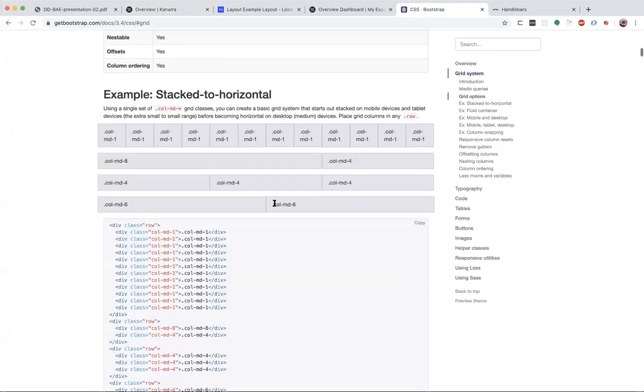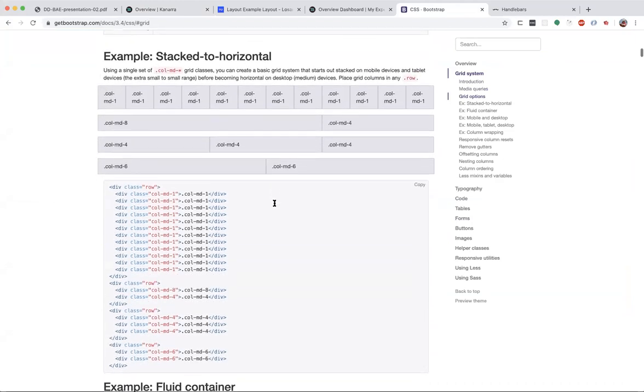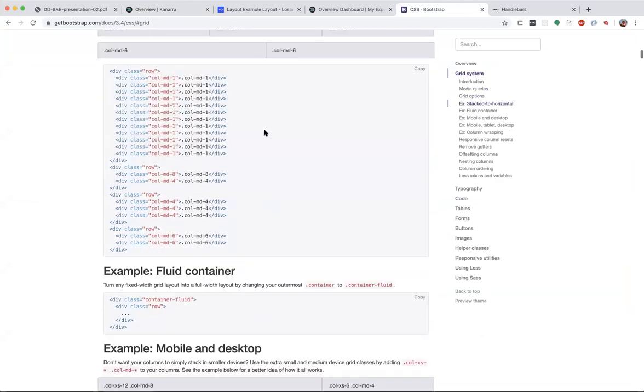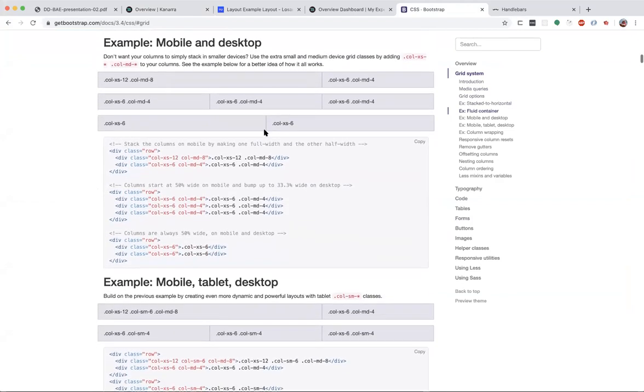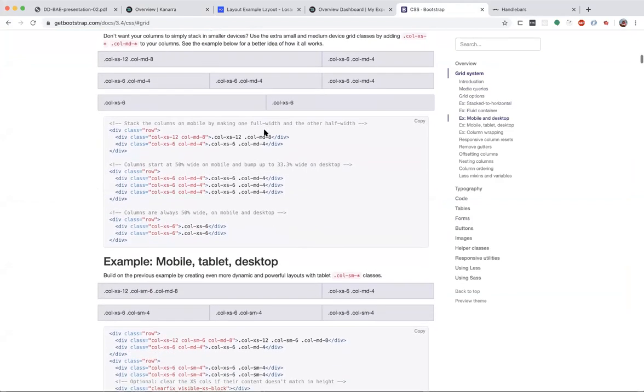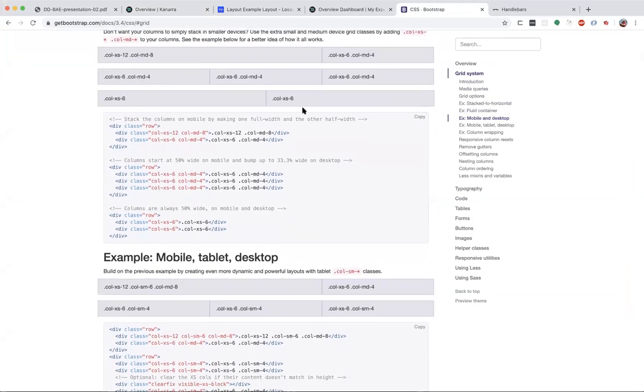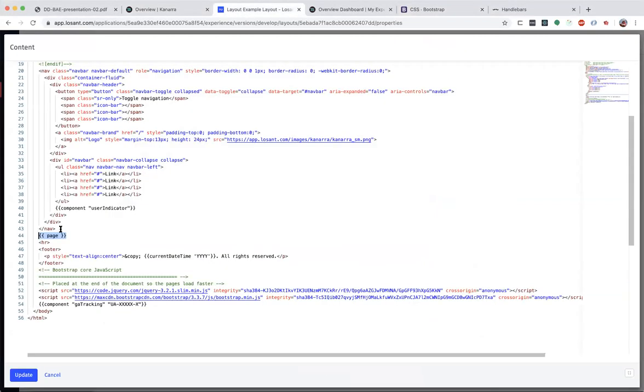They have a whole grid system here for building different columns at different sizes that also, of course, collapse down to different layouts as your browser expands and contracts. I have it copied here in my notes. I'm just going to grab this and drop it into my layout.